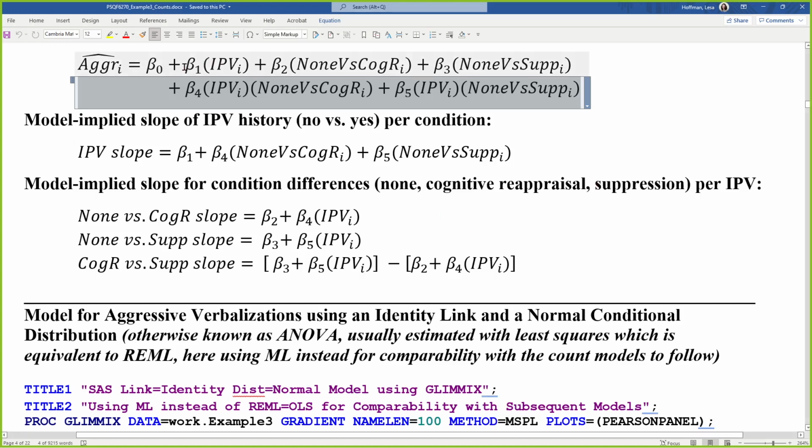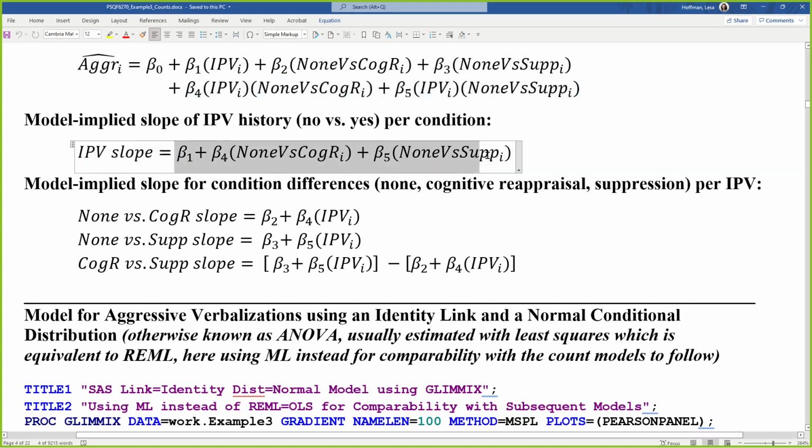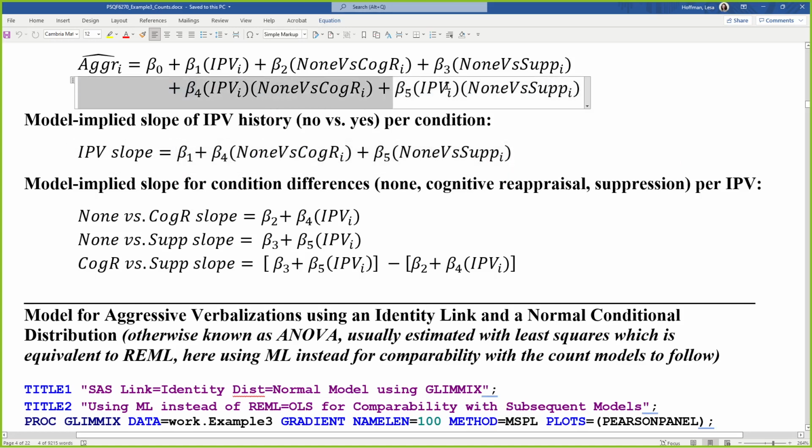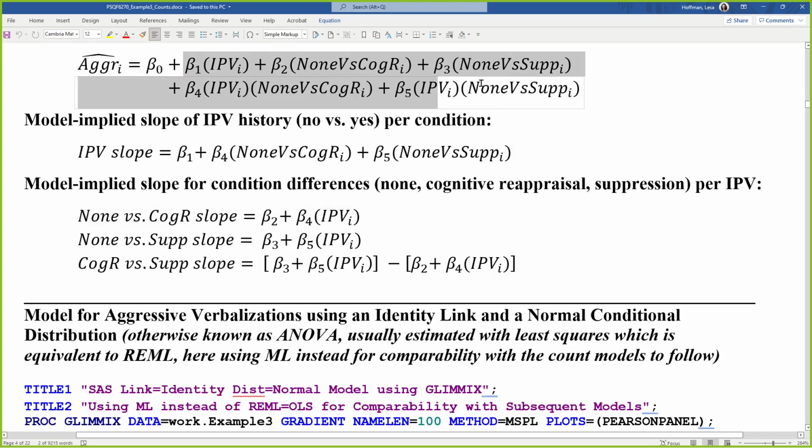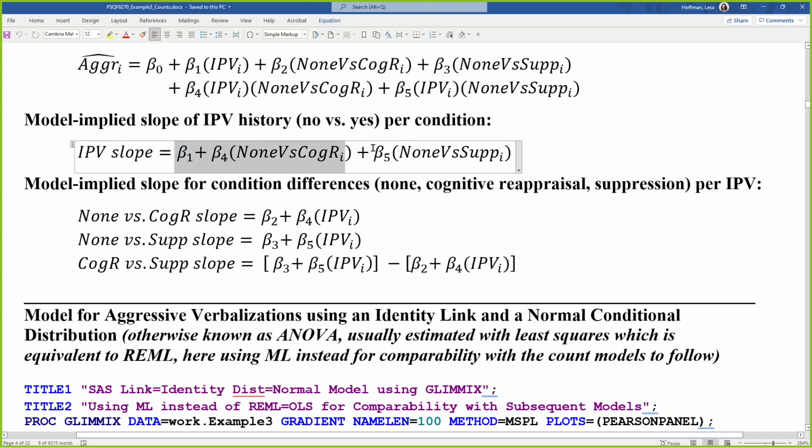So given this coding scheme and this linear model, they all will tell us what the IPV slope would be for any person. The simple effect of it is the effect of IPV by itself, plus any of the terms that have IPV as part of them, factor it out, and then bring down what's left. So just a little bit of review here on how we build simple effects. First off, figure out what you want to know the slope for. Go into the model and find all the terms that have the slope. Bring them down, factor the slope out, and then what's left is what goes into your linear combination to get the slope for each different group.